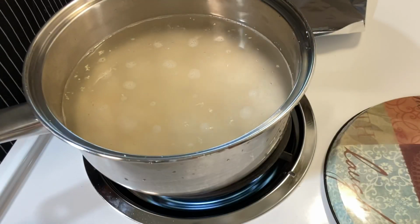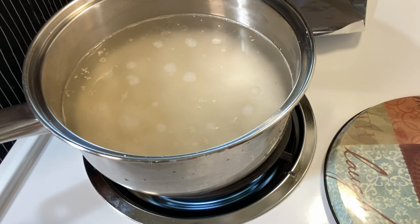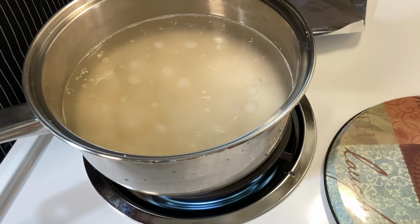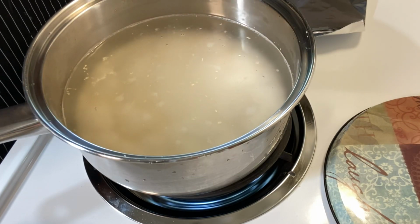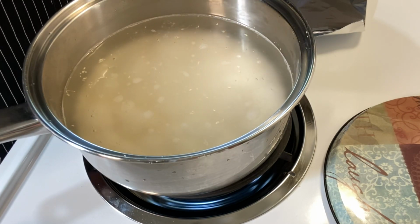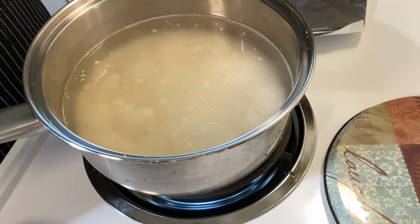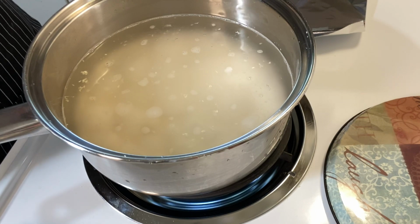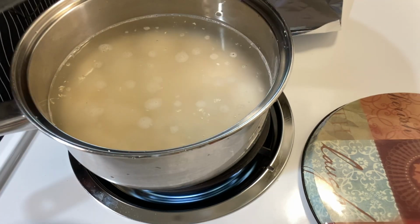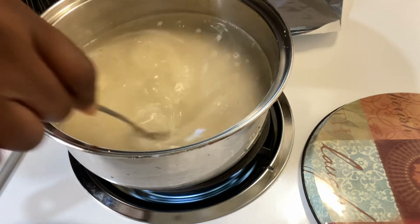Okay, so we're over here at the stove. I always go ahead and salt my grits. So, putting some salt in. Don't put too much salt. That is about a tablespoon. Now I'm going to go ahead and stir them up while they are